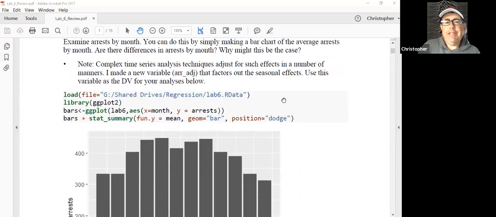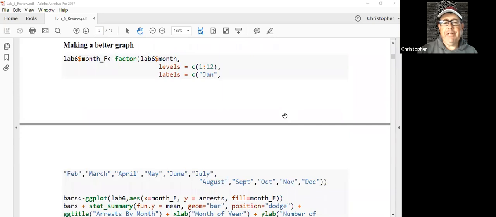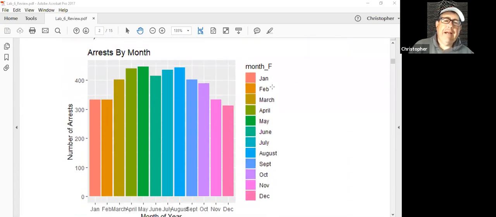The first thing I did here is I just did a graph of arrests by month. You see people talking a lot about what are called seasonal factors in time series. We're really not going over seasonal factors, but it is something that bears a little bit of a mention. One thing we can see, and this isn't the greatest graph, is that some months have more arrests and some months have fewer arrests. And I actually made a better graph here by putting labels on it. And again, I'll be posting this code in case you want to do that. I just changed the months, which are represented in numbers, to their names.